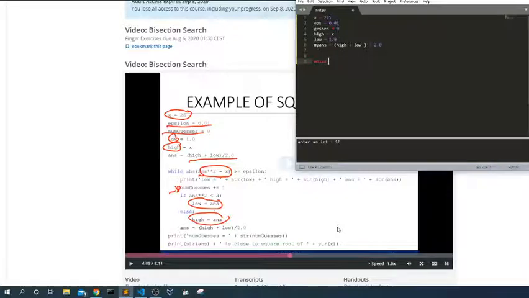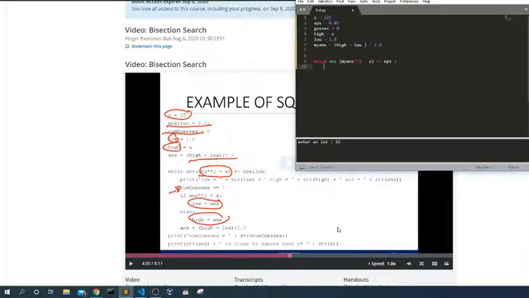Y, we're going to take the absolute value of the square root of my answer minus x, which is less or equal to eps. I don't know what ABS is, so I choose ABS.